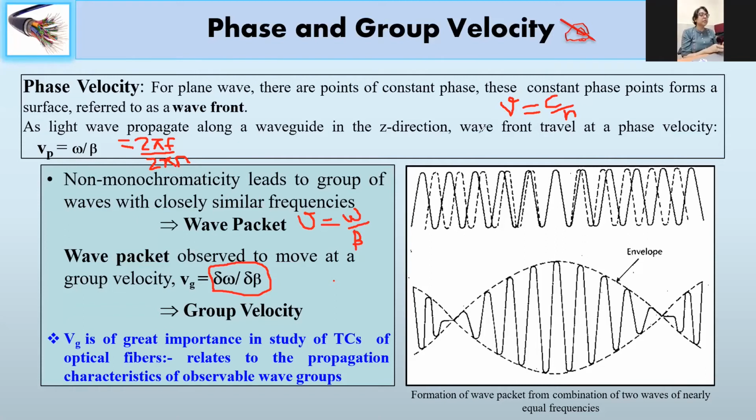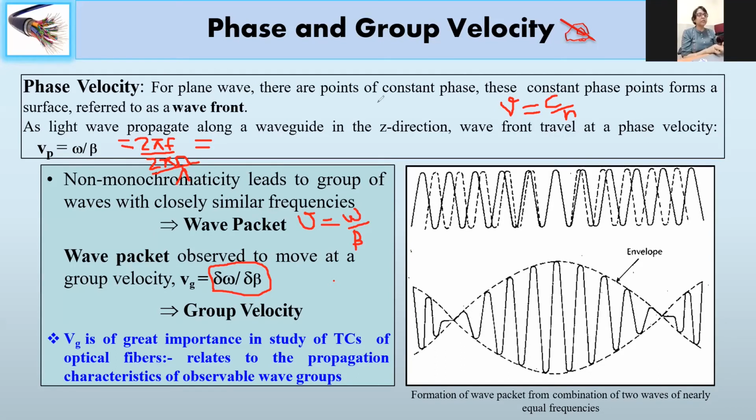Beta naught is 2 pi by lambda. When you are moving through a medium with a refractive index n, it is 2 pi n by lambda, right? That day I found out beta 1 and beta 2 corresponding to the core and the cladding. So that is what, right? Now just solve this.